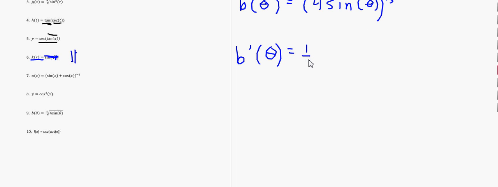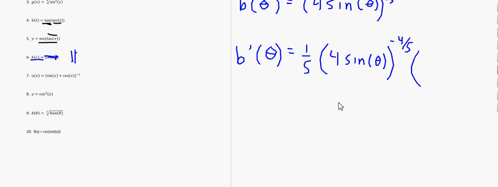So we're going to get 1/5 times 4 sine of theta, and now we need to subtract 1 off of the old exponent, so it's going to be negative 4/5. And then we multiply by the derivative of the inside. Now the inside is 4 sine of theta. Now we don't need to do the product rule here because we are multiplying two things, true, but one of them is just a constant, 4. And when you derive something and it has a constant out front, you just leave it there. So it's really just going to be 4 times the derivative of sine of theta,